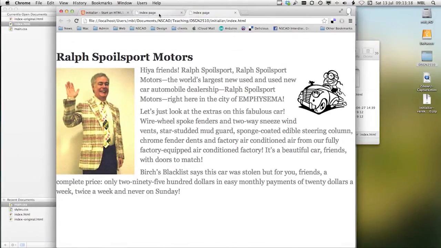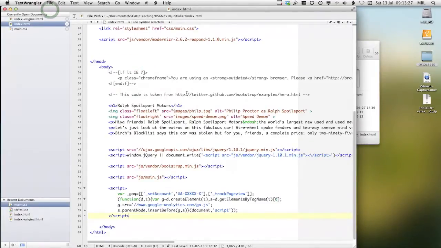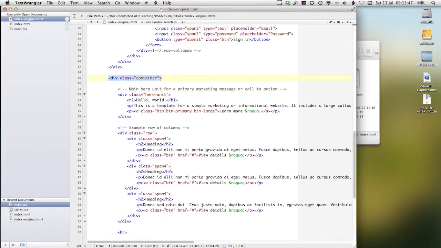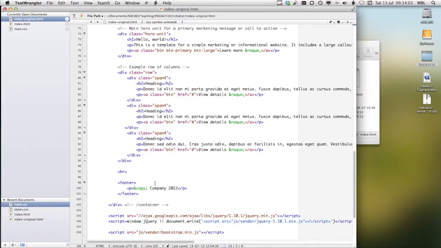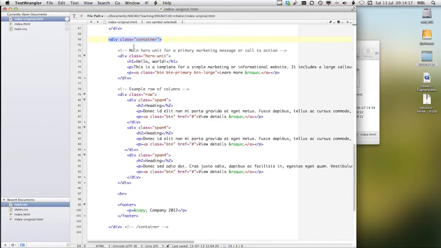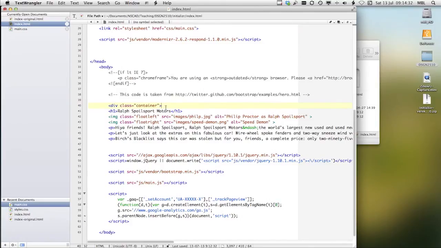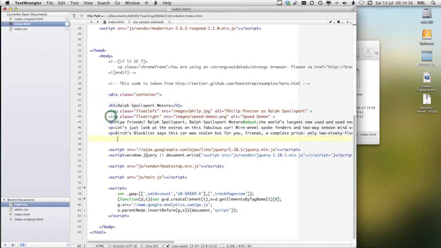But let's go in, and if we want to get this a little bit closer to the original, let's experiment a little bit. The original file has a div, a division, using the class container. And this is a container which will enclose the main part of the document, and it will also give us certain advantages by applying a lot of the Bootstrap grids and styles to whatever's inside. So I'm going to copy this and in the body, place that in there, and here at the bottom I'm going to close the division,